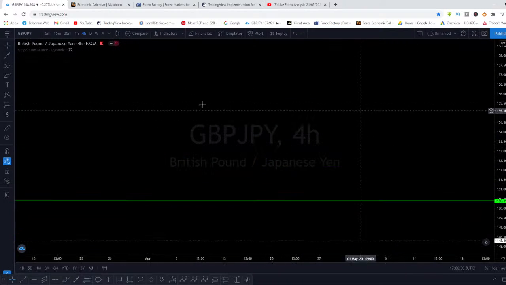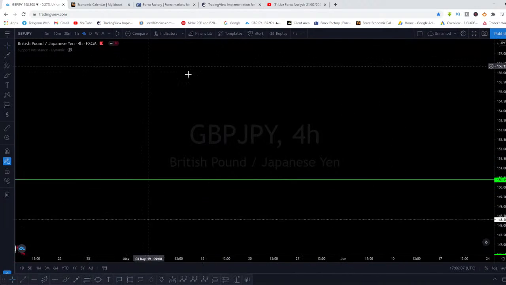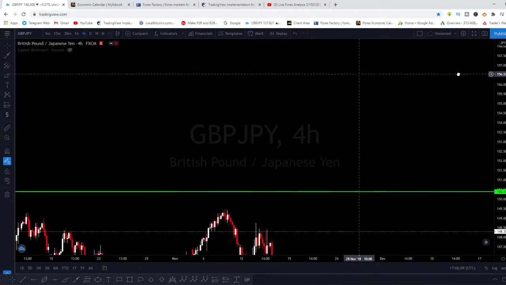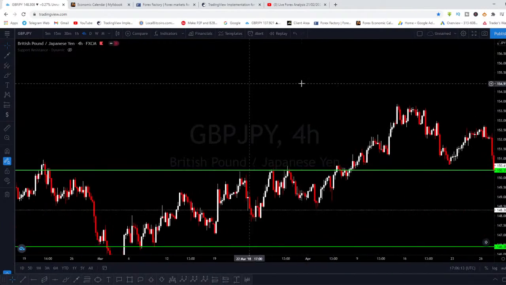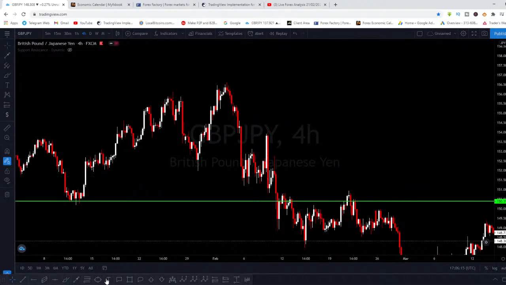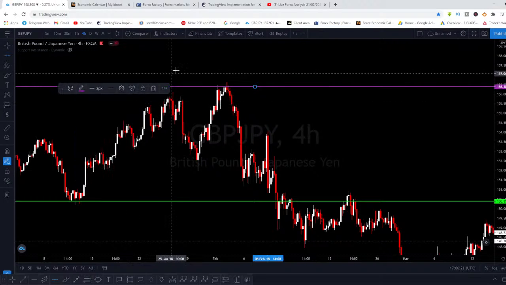But let me see that zone, so that I can know the number to expect, or to tell you guys that around this area the market will go and reach that level, right? Let me mark this up. But remember, this is the 4 hour time frame, guys. After marking this out, it will be the final target.